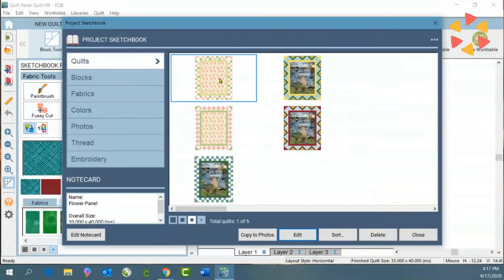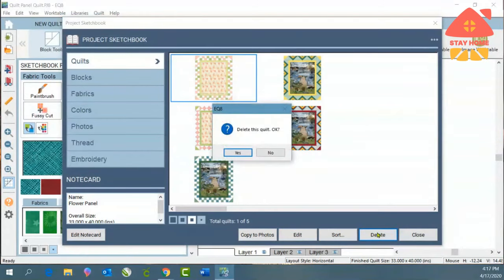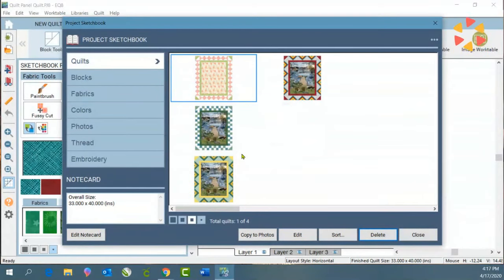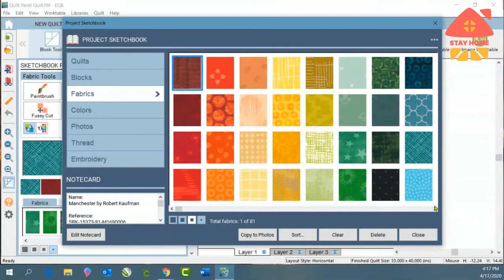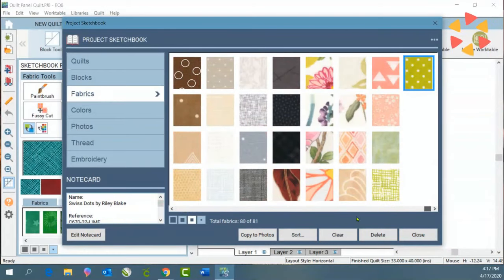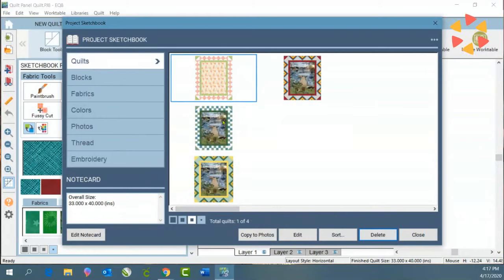Okay, I'm going to take this first one and I'm going to delete it. Once I delete, there's no undo for delete. But what I wanted to show you is, I'm deciding I'm going to keep these 4 quilts. And if I look in my blocks, do you see all the blocks that I have? And if I look in my fabrics, you see all the fabrics that I have? And it goes on and on. Once I've determined what quilts I'm going to keep,